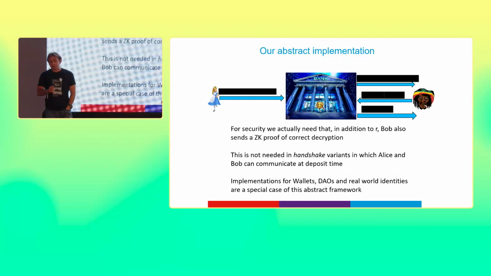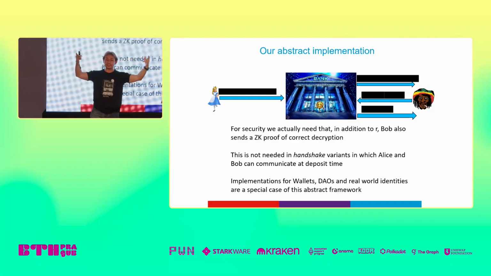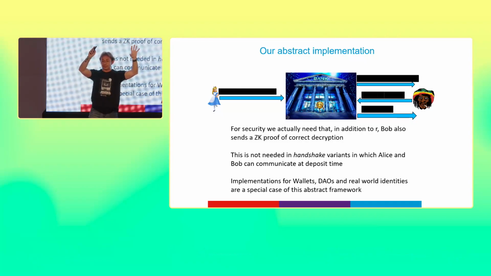Well, again, the slide does not work, but our implementation is very simple. So what we do is the following. Alice encrypts under the public key of Bob. If the public key is a Bitcoin or Ethereum public key, we use some specific Diffie-Hellman-like system. If it is the real-world identity of Bob, we use the encryption system of legal identity. But abstractly, Alice encrypts some random value under the identity or public key of Bob, then hashes this value and transmits to the blockchain the ciphertext and the hash.